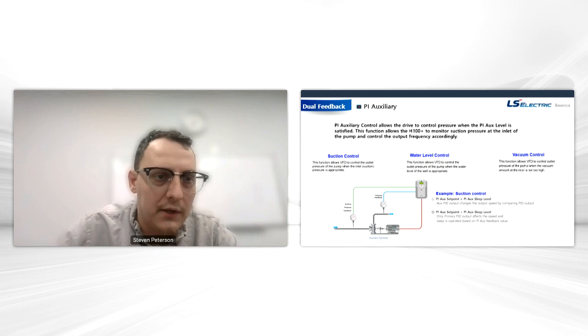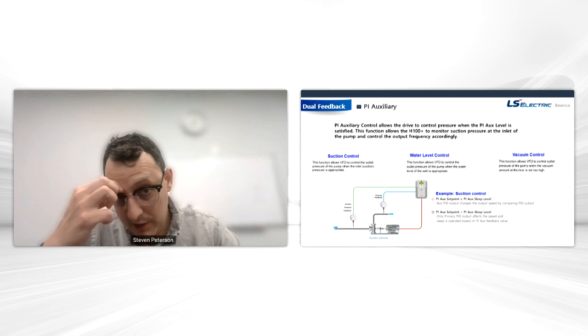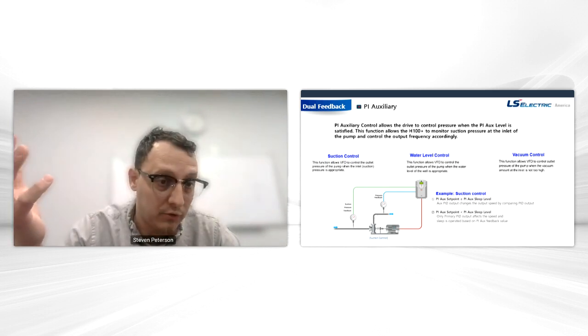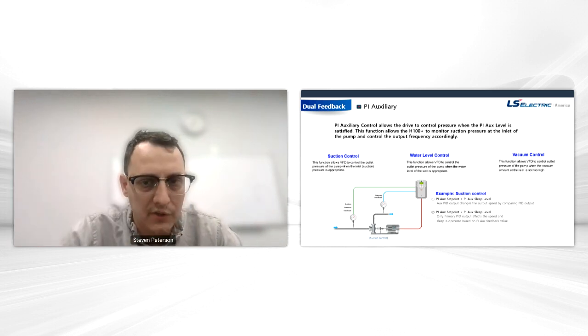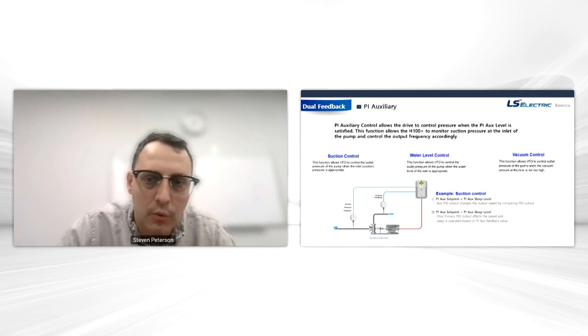We'll get to the end of the webinar, and we'll answer those questions related to lead lag, but great questions so far. Let's talk about some of the operations we could run when we have two transducers or dual feedback. We call that PI auxiliary because you have an auxiliary transducer. A lot of times you may have a pressure transducer and then a secondary transducer, such as a suction side transducer, a water level sensor, ultrasonic sensor, whatever you may have, or a float,